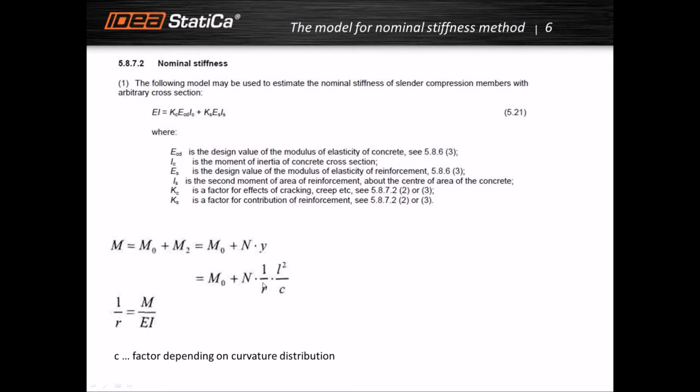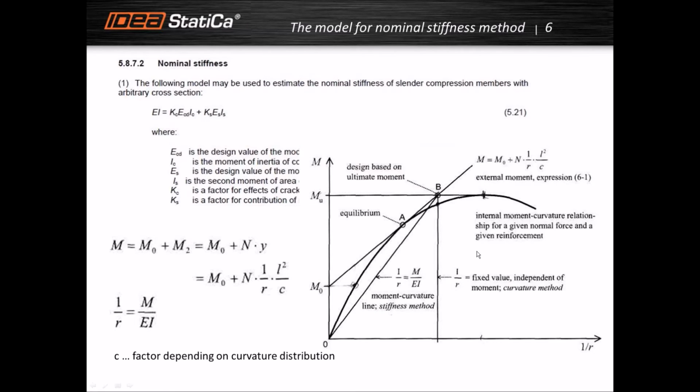And we know that the curvature can be calculated as the moment over stiffness, EI. The stiffness, as you can see in the picture here, can be calculated therefore from a moment curvature